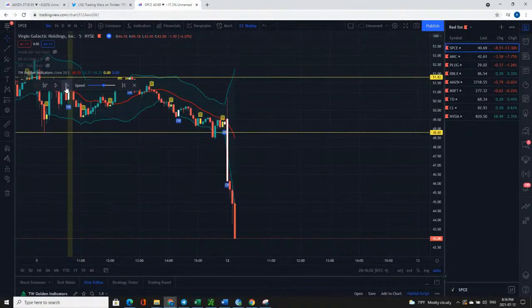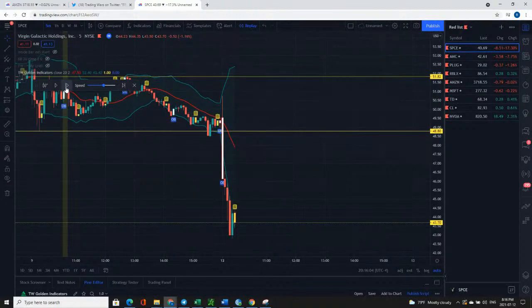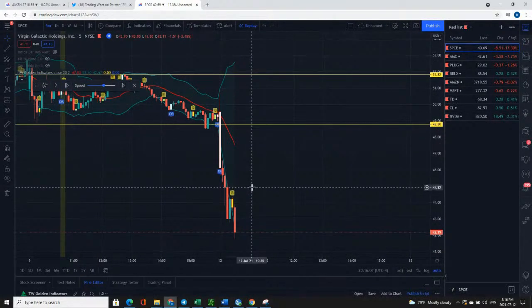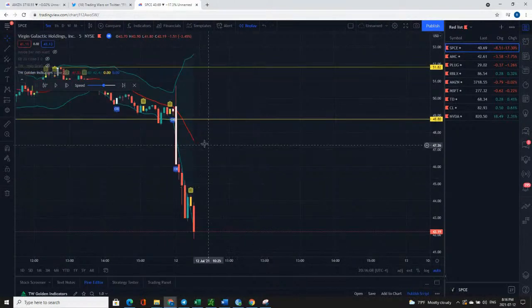Let's see what else was on the day. Nice follow through. Here's the first inside bar of the day. Boom. I don't know what else to tell you about that. If you missed all of this, here's the next inside bar. Take that short right there. Boom. There are just very beautiful, great opportunities. Absolutely beautiful. So many opportunities there.